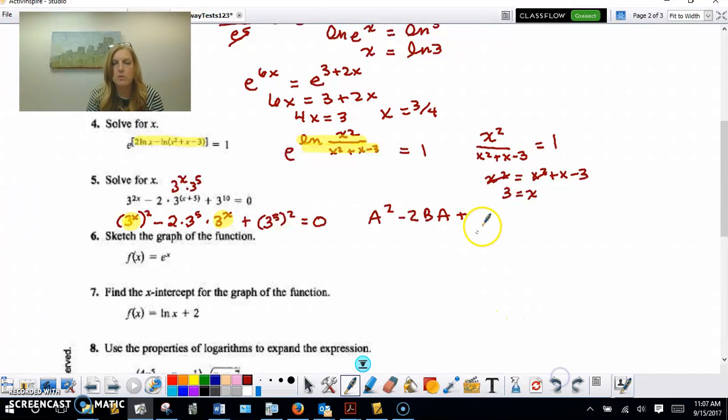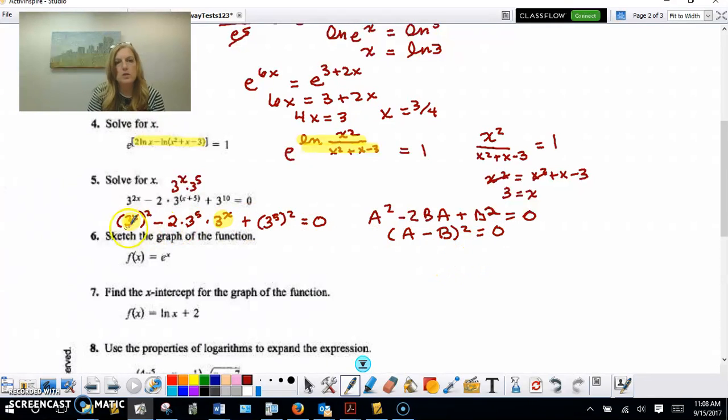Let me fix my board, it's messing up a little bit. B squared, and they equal to 0. So this is essentially a perfect square trinomial that factors nicely, which factors to a minus b squared equal to